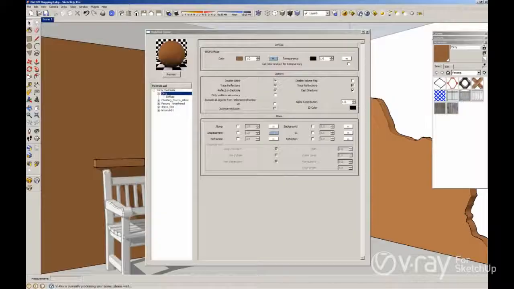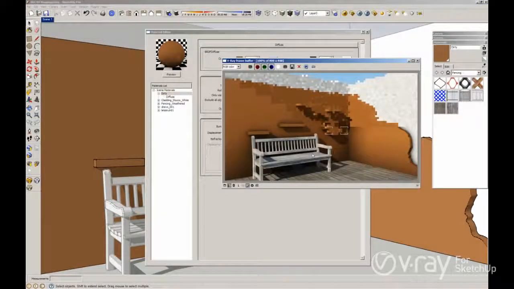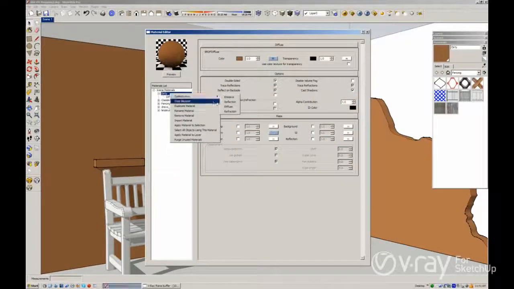I'll pause the video. As you can see here in the rendering process, the UV mapping is very small because we don't really have any UV mapping at all. So we have to control the UV mapping, and in SketchUp, in order to control the UV mapping, we have to create a diffuse layer that should be at the very top, and then control the UV mapping through that layer. So I'm going to cancel this render, and then I'm going to create a new layer,